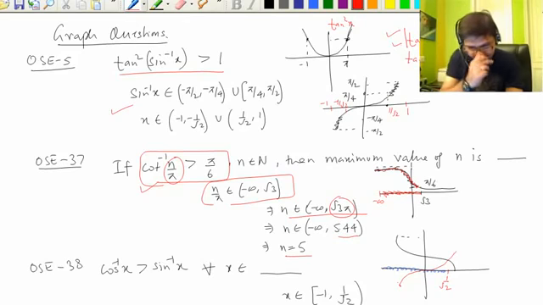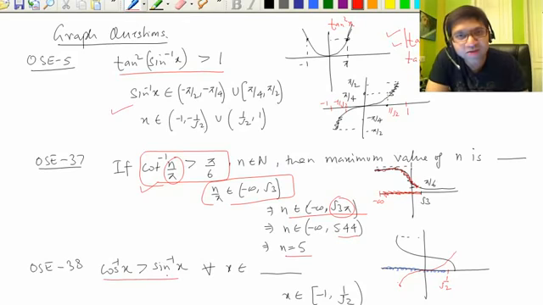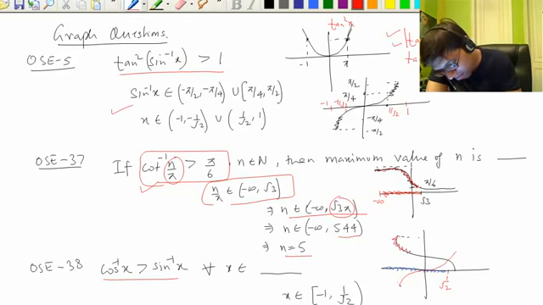फाइन. Now 38 is where cos inverse x is greater than sin inverse x. You draw graph of cos inverse x, draw graph of sin inverse x. Cos inverse x ऊपर कहाँ पे ग्राफ पे, greater means कहाँ पे cos inverse x is above the graph of sin inverse x. मार्क कर लिया, above the graph of sin inverse x.